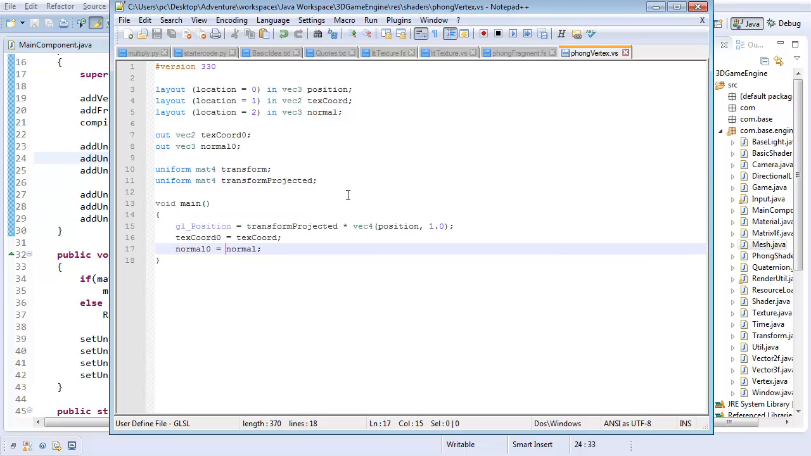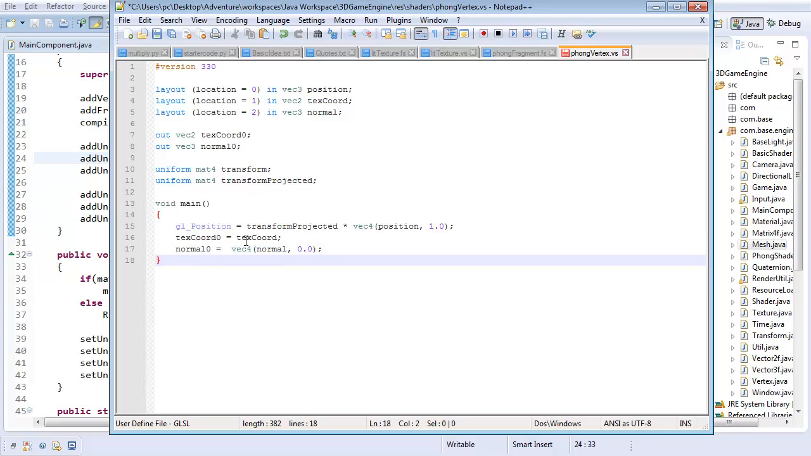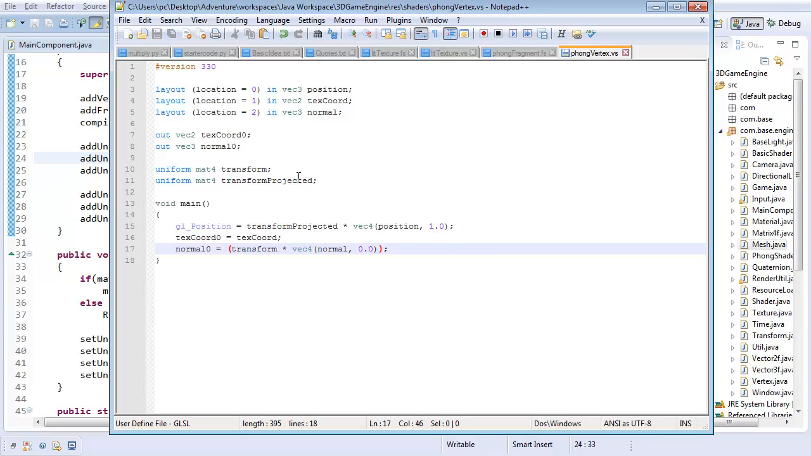And what I'm going to do is I'm going to take my normal. I'm going to first off cast it to a vec4. So should I add 1.0 or 0.0? I'll start with 1.0. Well, I'll do 0.0. And I'm going to multiply my transform times that. So transform times my normals. And then, since I want my normal 0 to be a vector 3 instead of a vector 4, I'm going